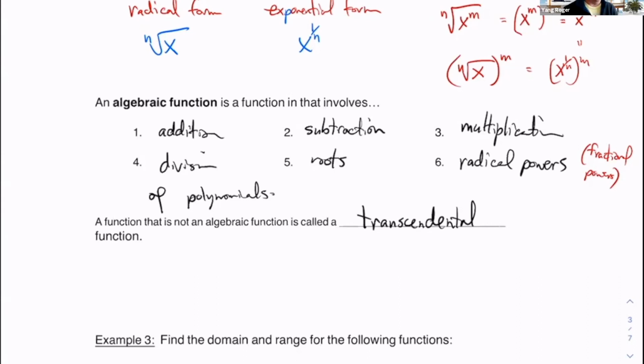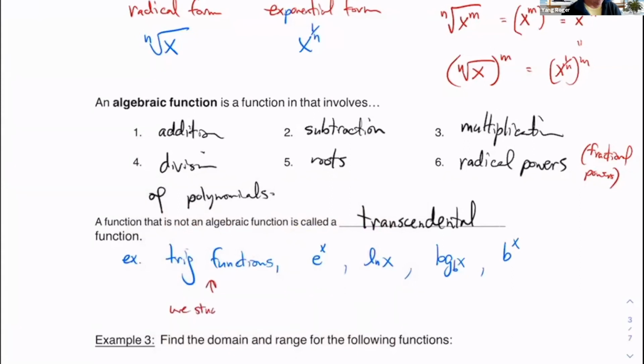So just some examples, just so that you're aware, trig functions are not algebraic. Something like e to the x, or natural log of x, or log base b of x, or b to the x, these are all examples of transcendental functions. For us, we are going to study the trig ones. But these last ones over here, this is Math 5B. Our book, our class, we use